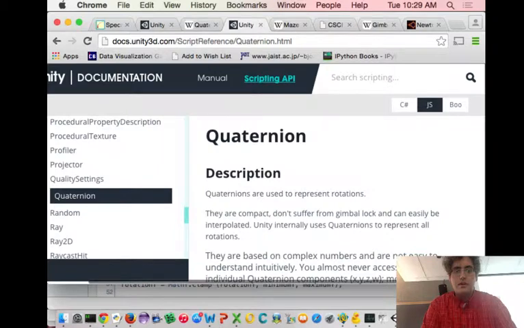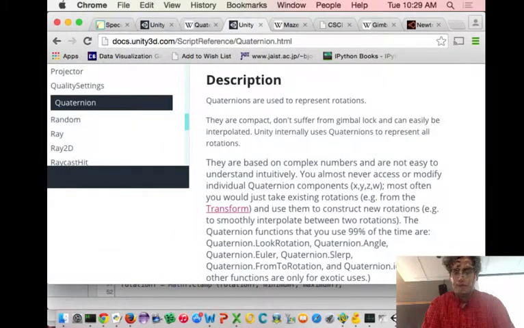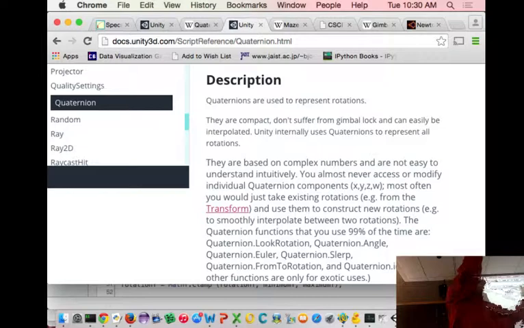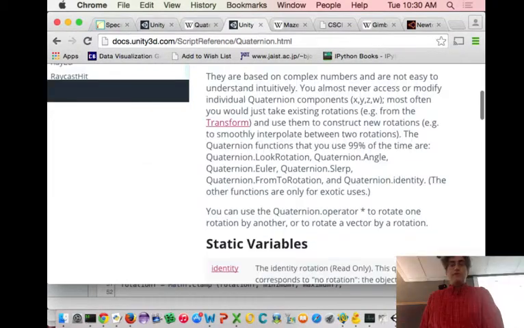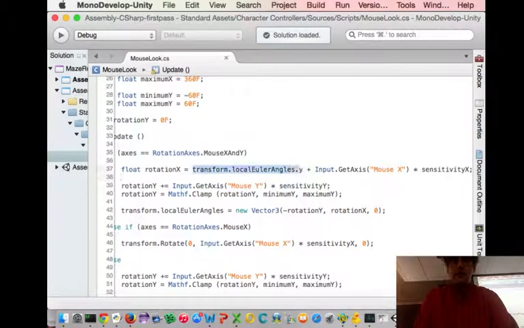They're nice, compact, very fast equations, don't suffer from gimbal lock. You can interpolate them. You can say, I want to be here and there, and you interpolate as you go and figure out what those angles are. But it's based on 4 numbers, 4 dimensions, x, y, z, and w. You never access or modify them. They're there, but don't really talk about them. Underneath the surface, we really just need to talk about the Euler angles, the 3 dimensions that we're used to thinking of an angle in. And it helps us out. So, sort of a long answer, but it gets to